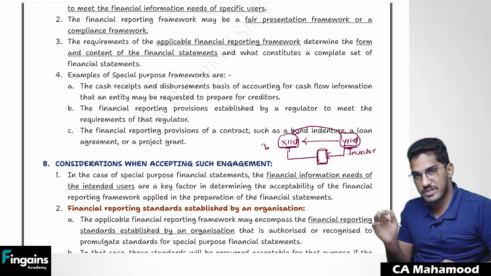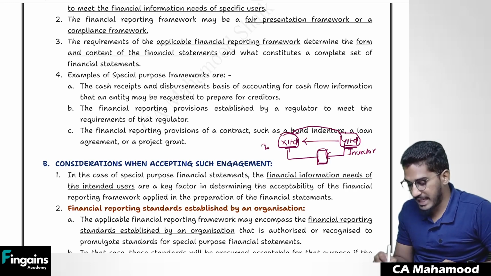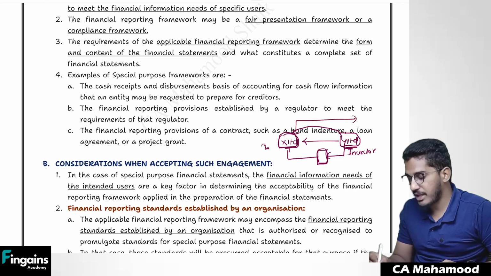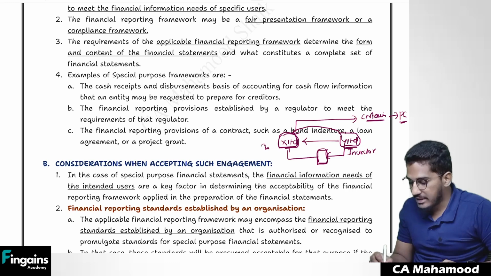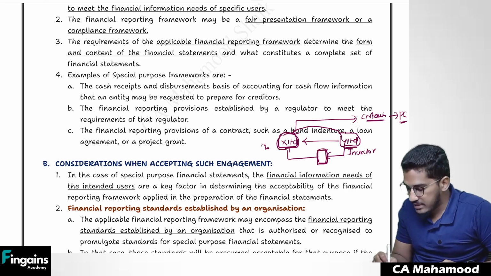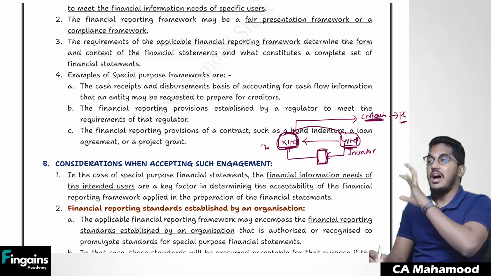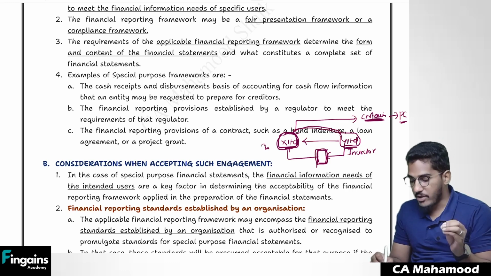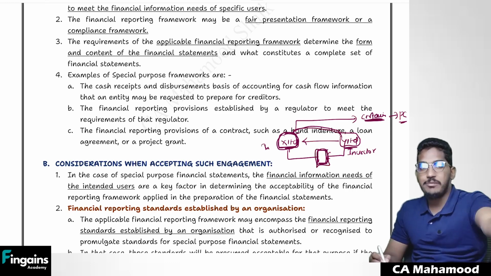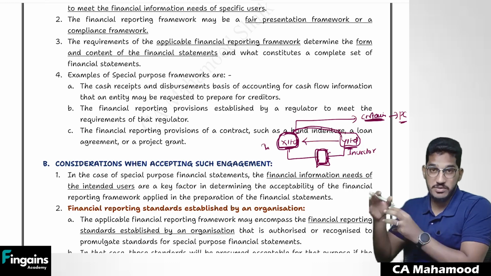In that contract, it was agreed that for the purpose of determining purchase consideration, this company X Limited, the investee, should prepare financial statements according to certain rules and regulations, and on the basis of those financial statements, purchase consideration will be decided. And in the contract, it was written that those financial statements which are prepared by X Limited as per special rules and regulations are required to be audited. So now this client has prepared the financial statements according to the requirements of the contract, and they came to you and told you, sir, please do the audit of these financial statements. This is also one example of a special purpose framework.